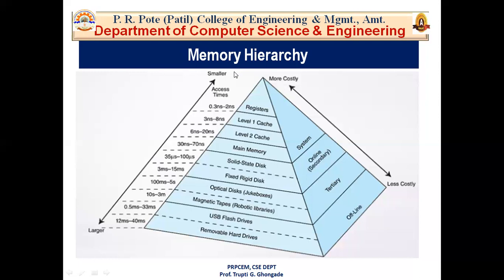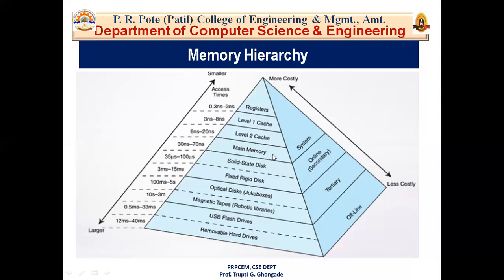The memory in a computer can be divided into 5 basic hierarchies based on speed as well as use, and the processor can move from one level to another based on its requirement. The basic hierarchies in the memory are: first the register, then cache memory, then main memory, then optical discs and magnetic tapes. The first three hierarchies, that is register, cache memory, and main memory, are volatile memories.